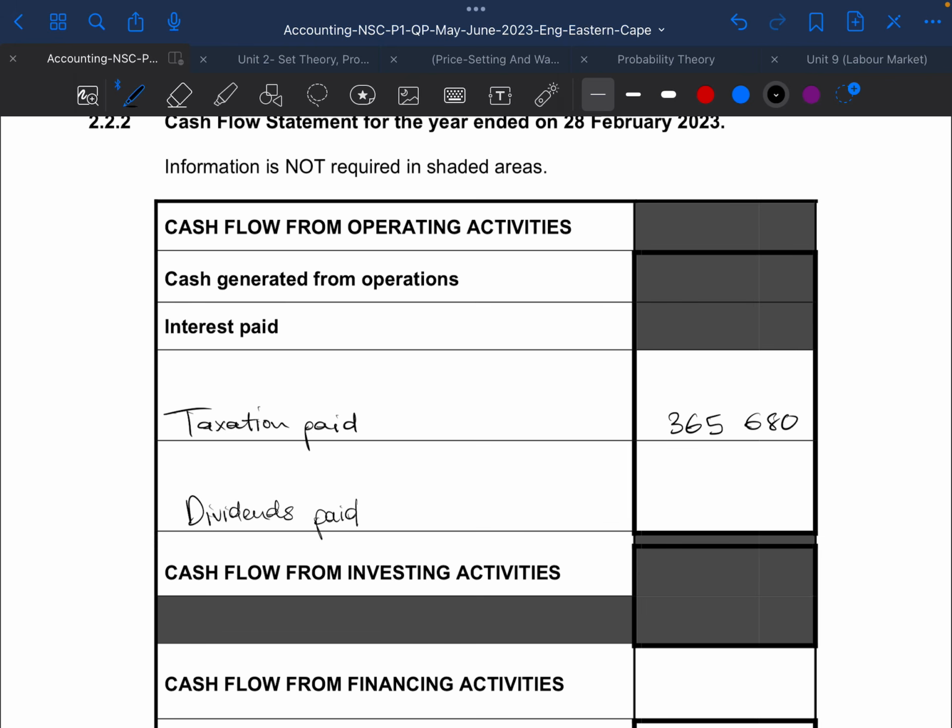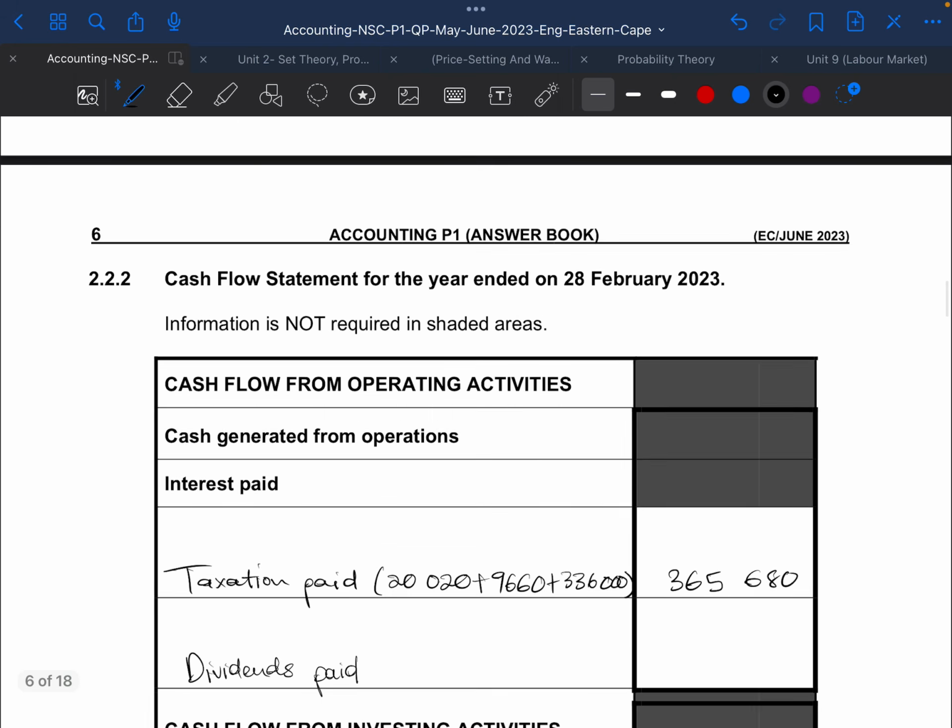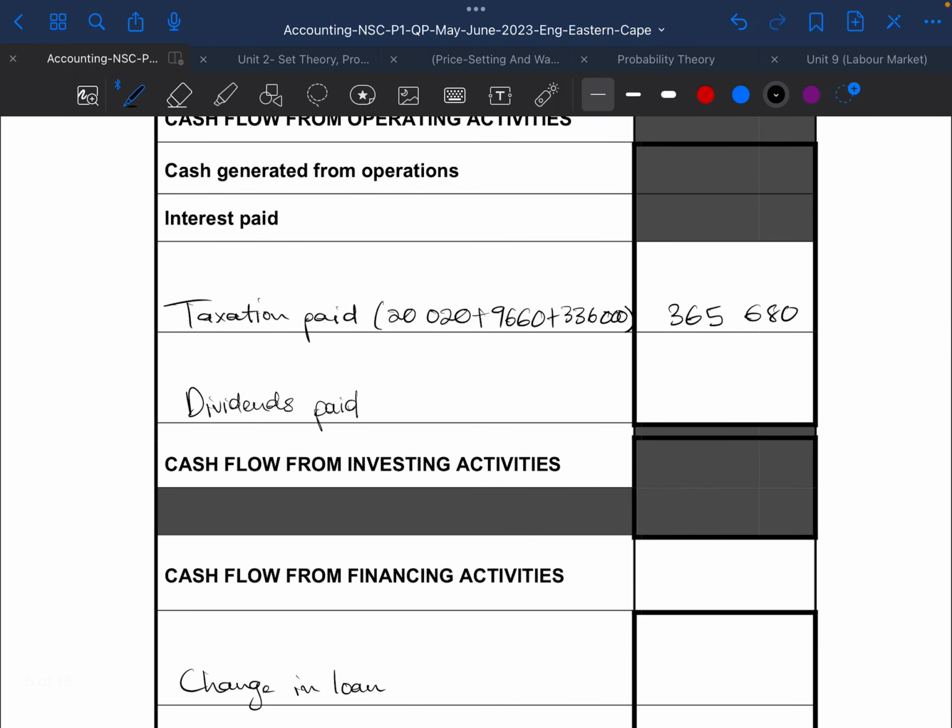It's 365,680, and then our amounts were 20 plus 9660 plus the last one, which is 336. 1, 2, 3. Cool. And dividends paid are always simple. You have paid what you declared the previous financial year and what you have paid this current financial year, which is only your interim dividends. So here it is only interim